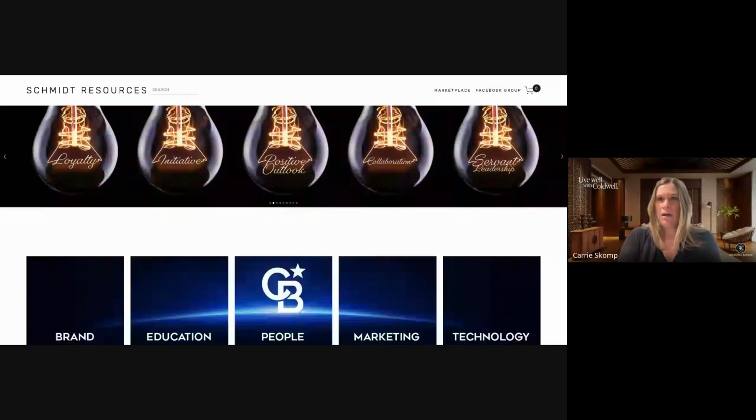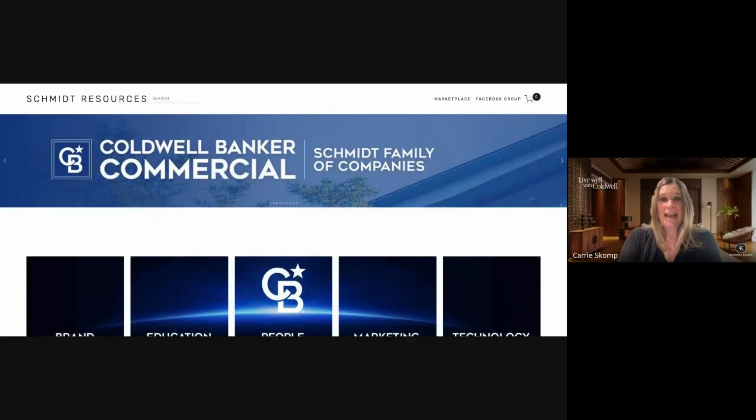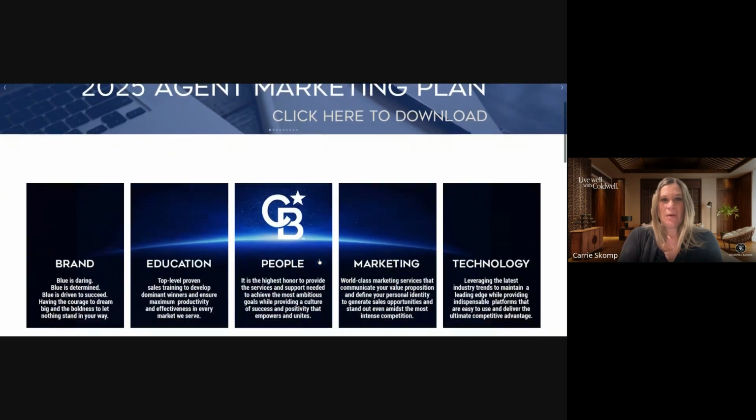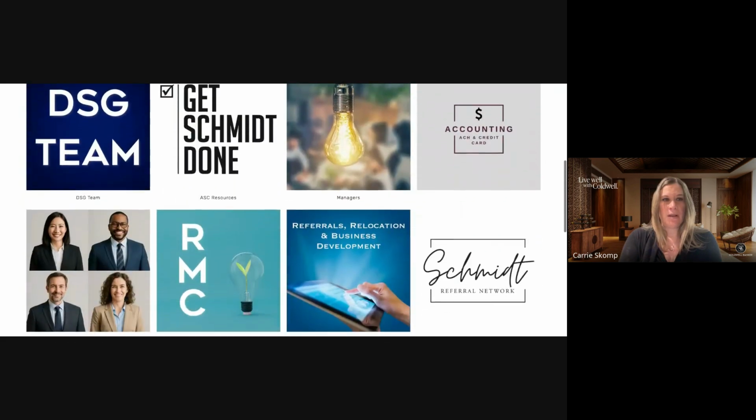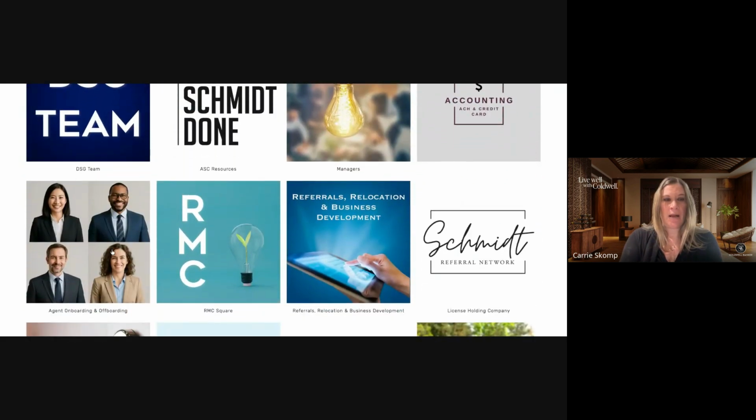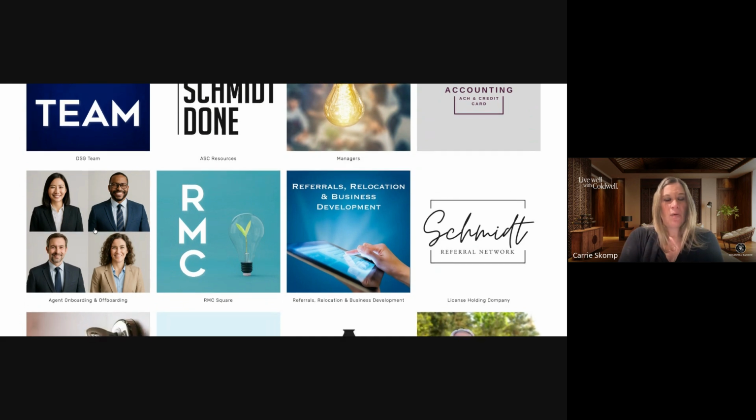Okay, Schmidt Resources, no surprise to anybody. If you're like me, you're in there multiple times a day. We're going to start on this one with our people square. And then right over here to the left, we have our agent onboarding and offboarding square. So this is not password protected. There's no sensitive information in it. And the reason it's not is because everybody can use a square, whether it's a broker, a sales manager, an ASC, an RSC, a DSG,